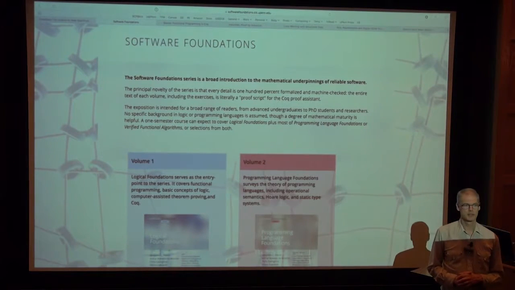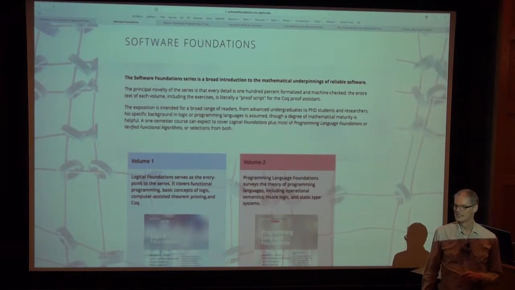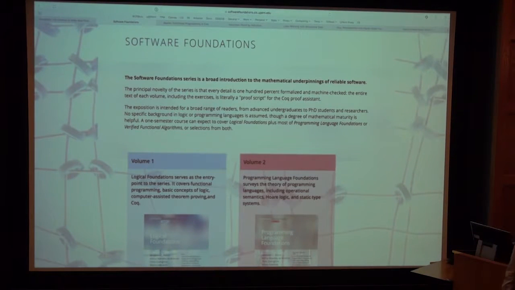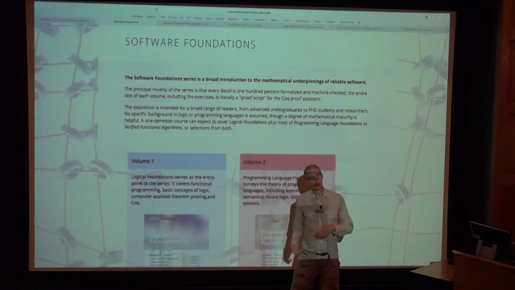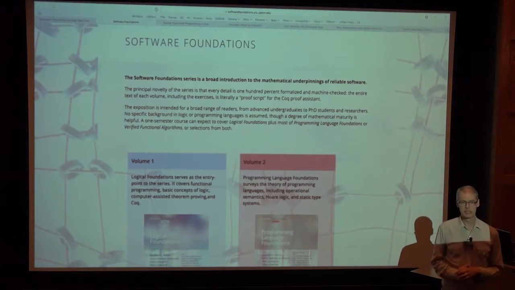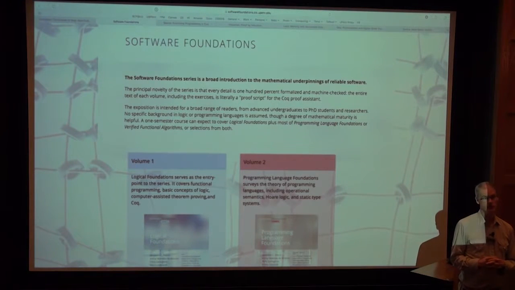The next few days are going to be getting you launched on a lunar trajectory to get you started for your stellar trajectory that's going to be the next 2 weeks. The book that we're going to be covering in these 3 days is almost all of Volume 1 of the Software Foundations series. Software Foundations used to be a single book. As part of the Deep Spec project, we've been greatly expanding it. It now has actually 5 volumes.